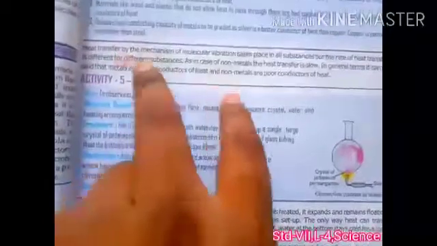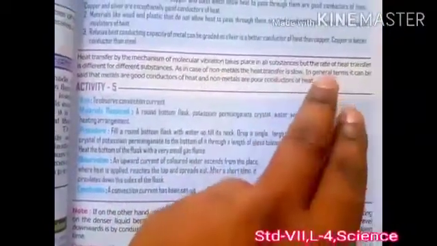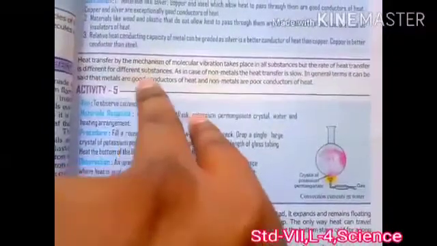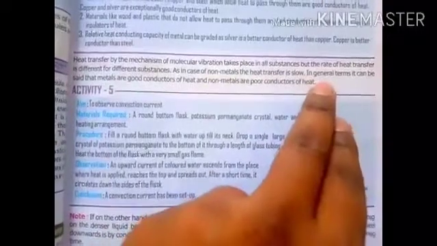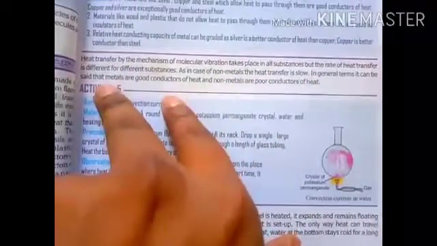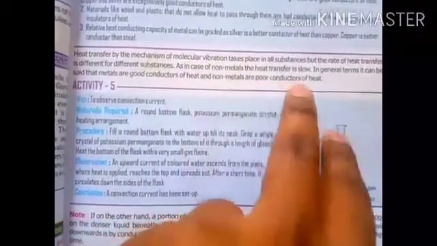So here, heat transfer by the mechanism of molecular vibration takes place in the substance, but the rate of heat transfer is different for different substances. In the case of non-metals, the heat transfer is slow. In general terms, it can be said that metals are good conductors of heat and non-metals are poor conductors of